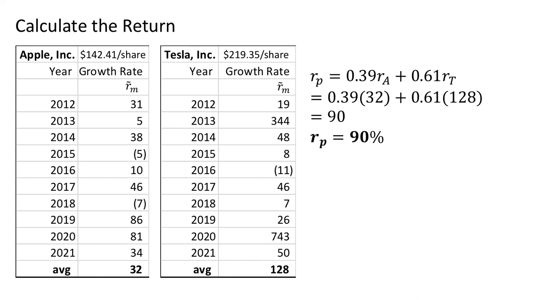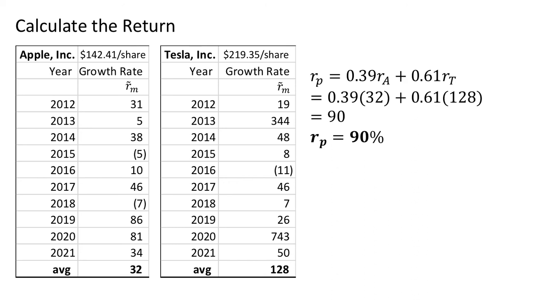Okay, so Apple Inc. had an average annual return of 32% per annum from 2012 to 2021, and Tesla Inc. had 128% average annual return over the same period. 1 share of Apple stock is $142.41. 1 share of Tesla stock is $219.35. So if my portfolio consisted only of an equal number of shares of Apple and Tesla, let's say 1 share of Apple and 1 share of Tesla,